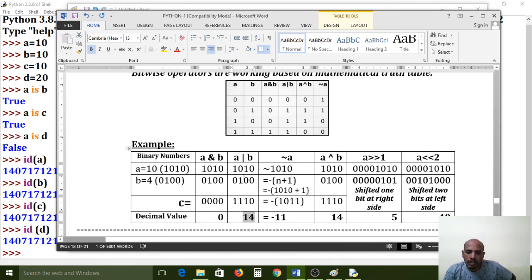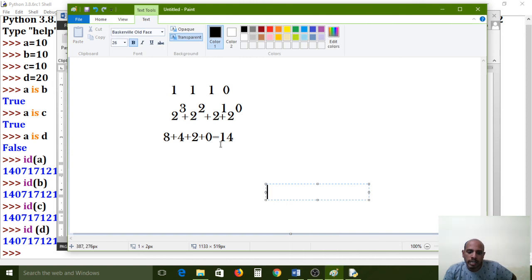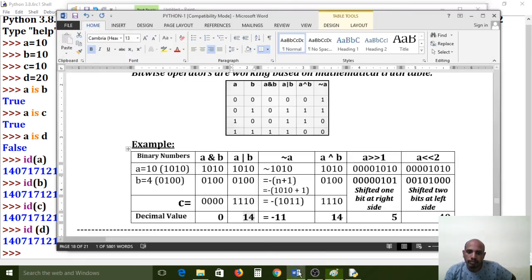So that is the meaning of the conversion. First we are converting the decimal integer format to binary format. After that we are converting the binary format to integer format. The second way is binary format to integer format. Next,